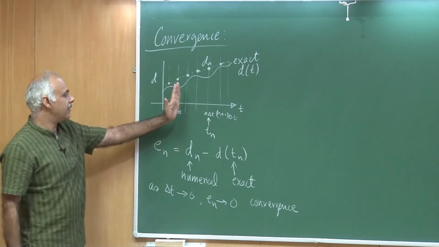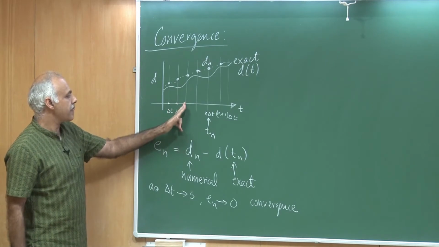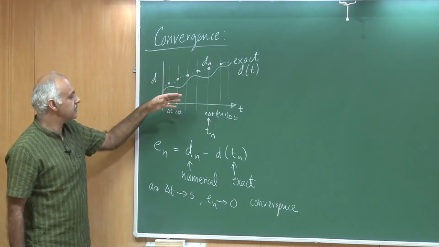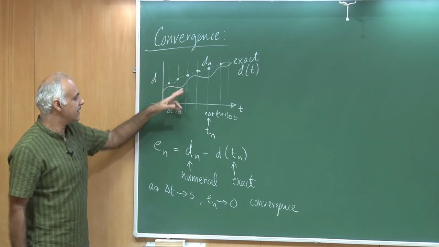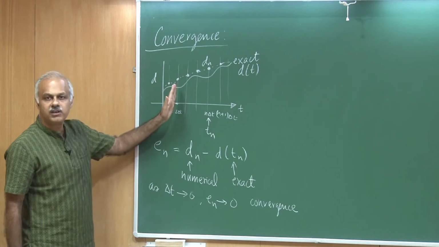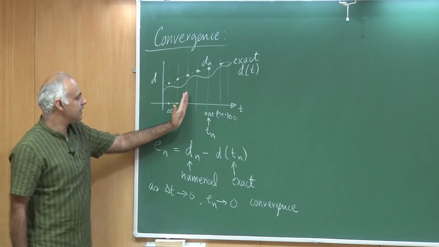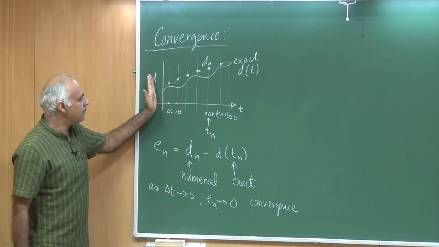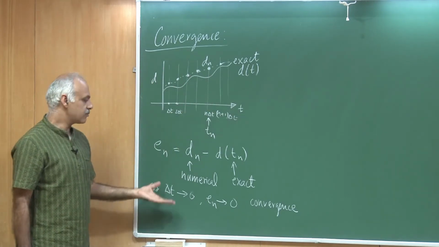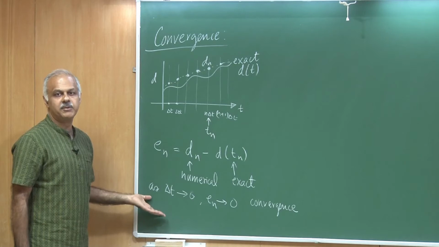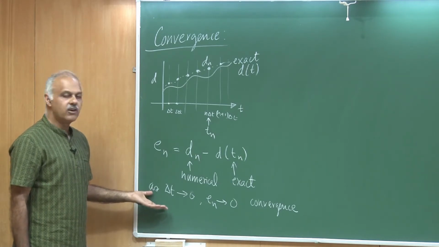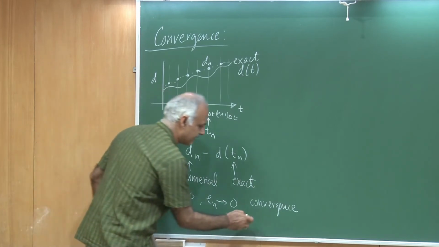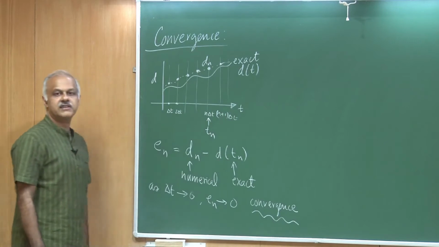So, if I fix a time level, let us say I fix 3 delta t, and then I take smaller and smaller time steps, then of course 3 delta t would not remain 3 delta t, I would reach there in more number of time steps. So, I can only fix a given time, then this error should reduce and this should happen at all values of t. That is what I would call convergence, and that is really a happy situation. But we are not guaranteed this. So, we would like to investigate under what conditions we get convergence.